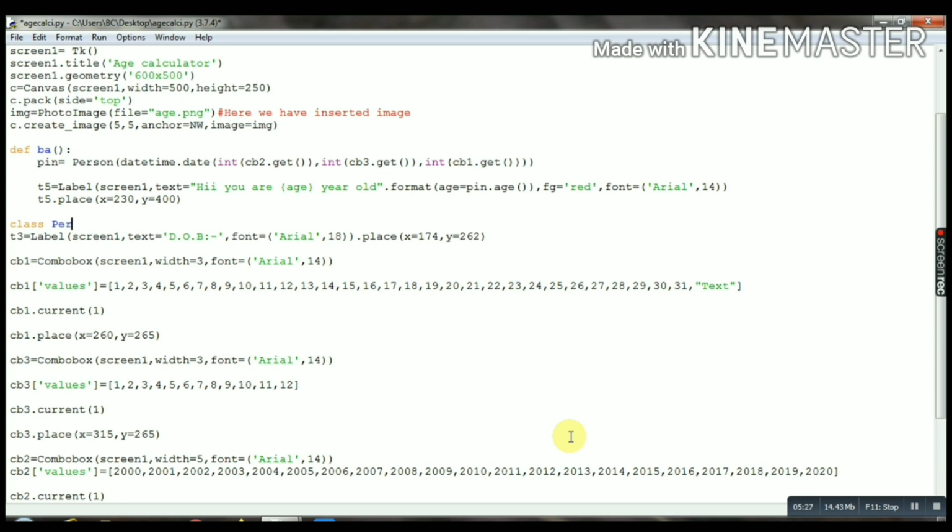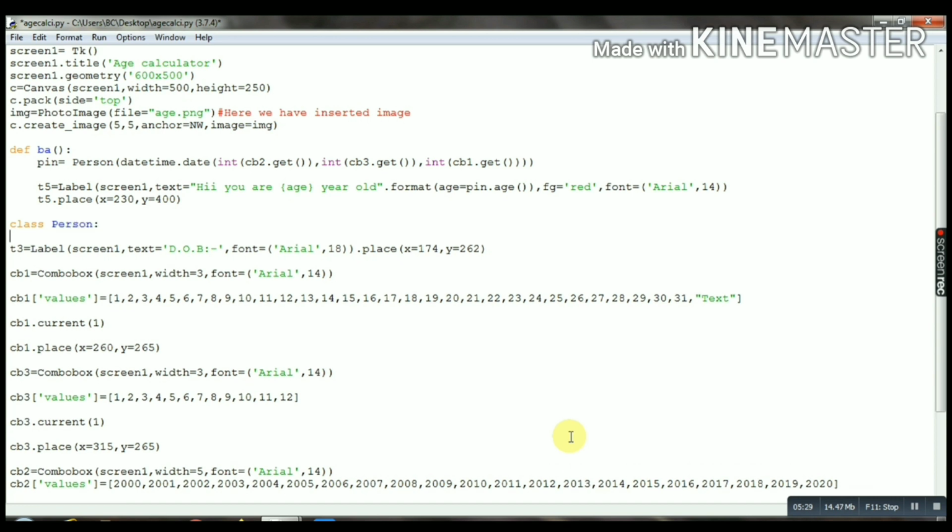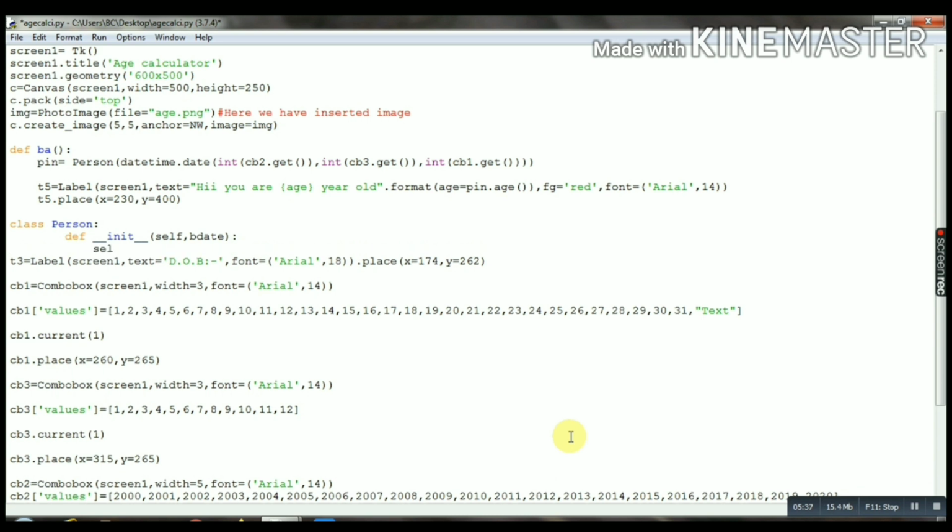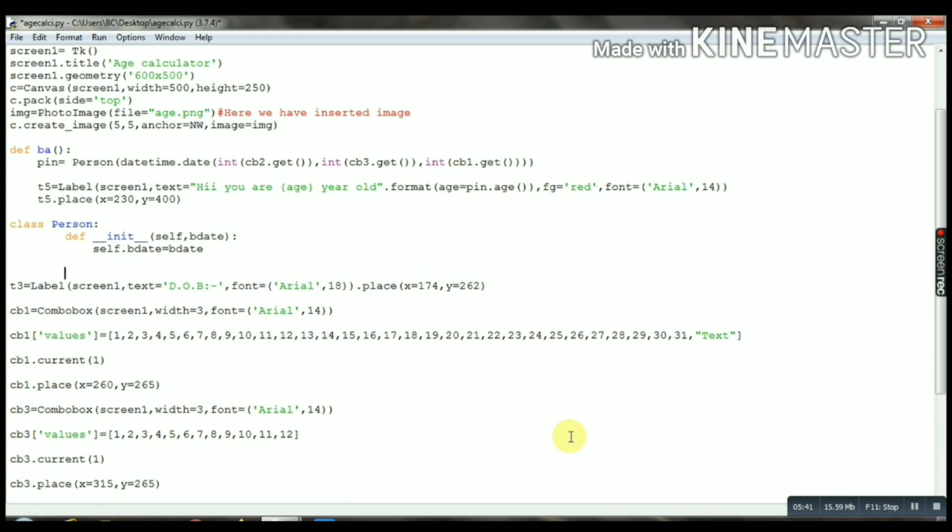Now we will create the class that we have named Person. In that we will define initialize, in which we will pass bdate, meaning birth date, that we have taken from the user, and we will create self.bdate as bdate.